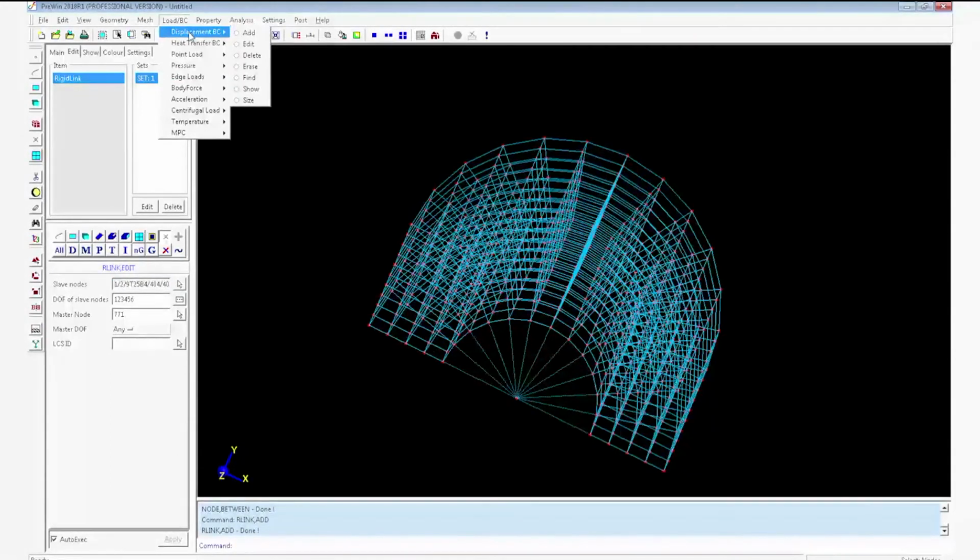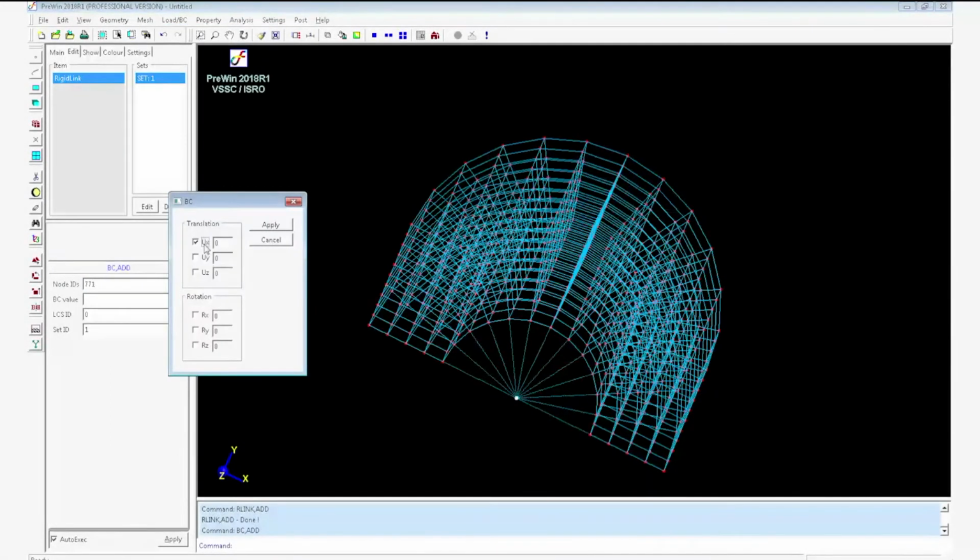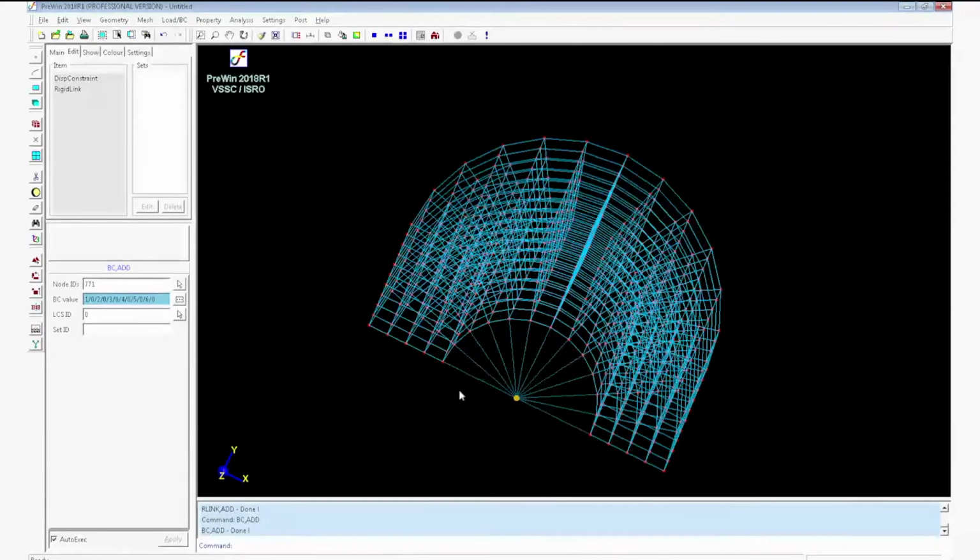Now go to Load, Displacement Boundary Condition. Select the center node, arrest all degrees of freedom. All degrees of freedom of the master node or center node will be arrested.